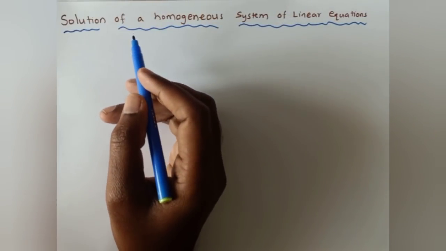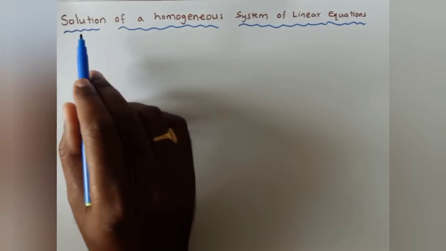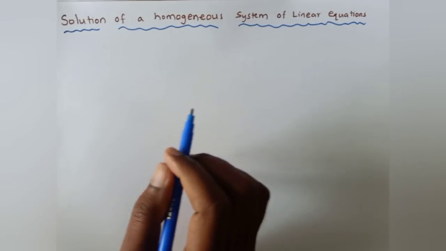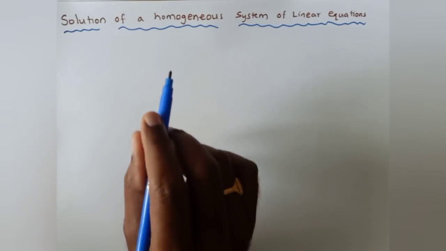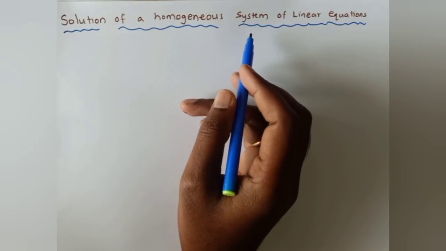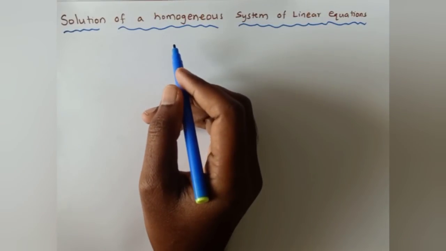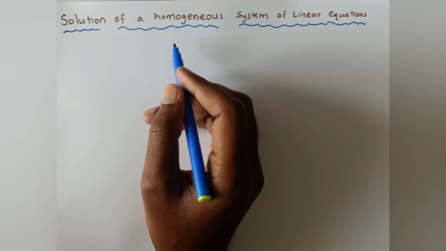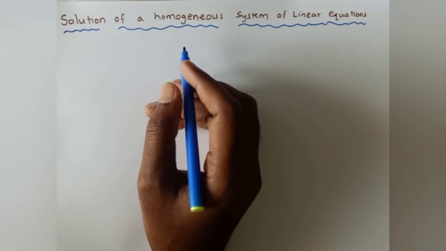Next, the last concept for the matrices and the system of linear equations, that is the solution to find the homogeneous system of linear equations. Earlier we have seen the solutions for a non-homogeneous system of linear equations. So now here it is homogeneous. Already we know the homogeneous and the non-homogeneous system. Homogeneous system is in the form of Ax equals d, and here that d becomes 0, means it is in the form of Ax equals 0.